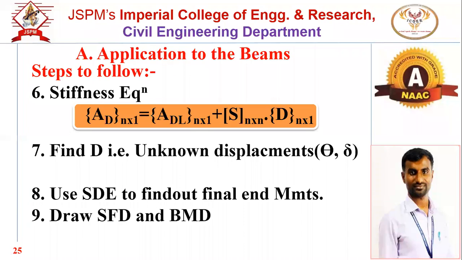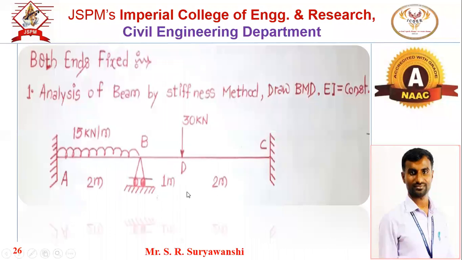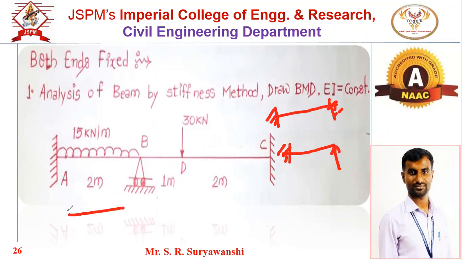So this is the continuous beam. This is the continuous beam having both ends fixed. Okay. Now we know that for a continuous beam, the variety of numericals will be: both end supports may be fixed, or one of the end supports may be simple. Then third will be a continuous beam that may have the overhanging span. And the last one, it may have the support settlement or the sinking of support. So these are the four types of numerical that we have to discuss as part of unit number 1 and 2.